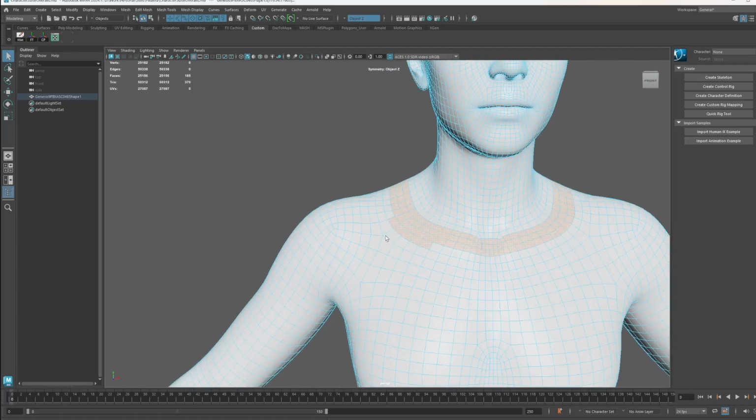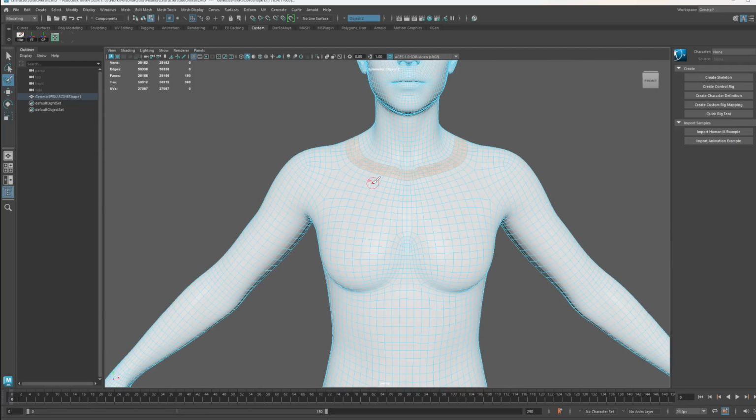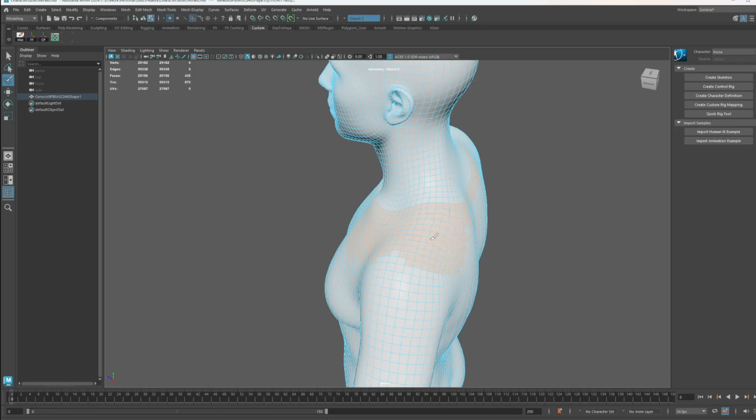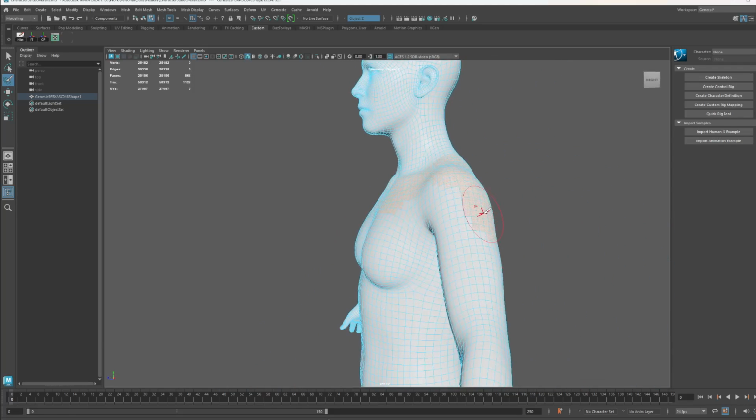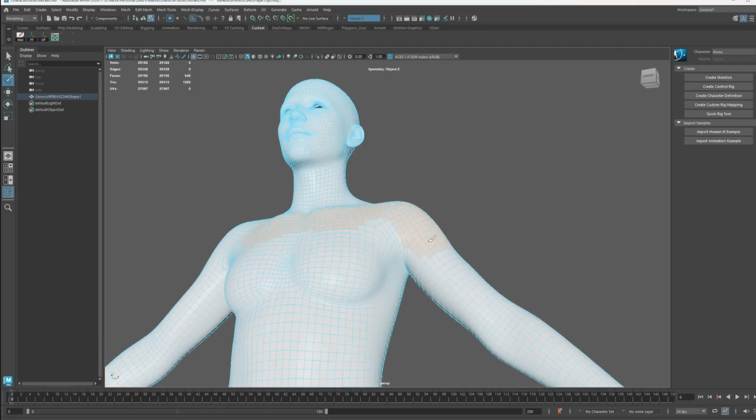So what I can do is start getting a paintbrush. Make your brush a little bit bigger and just start selecting all the faces you want here. Map out your shirt or your trousers or whatever you want. Over here, we're going to make something like a shirt. Let's make a shirt. Anyway, I'm gonna map all this out.